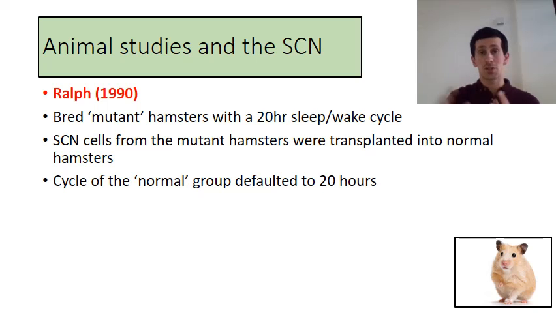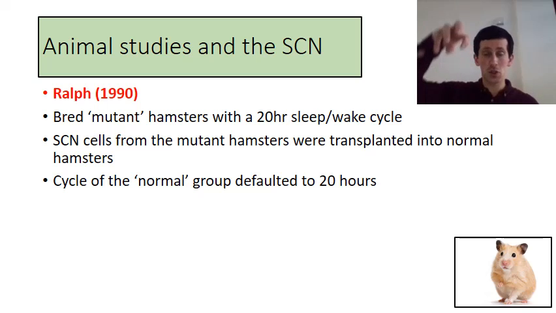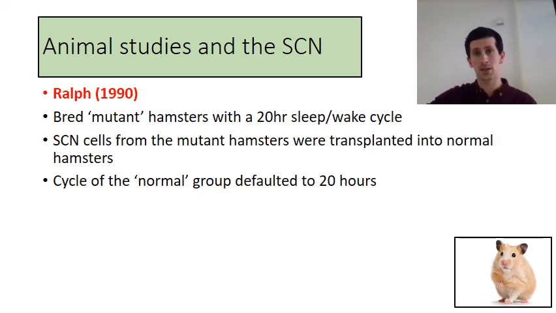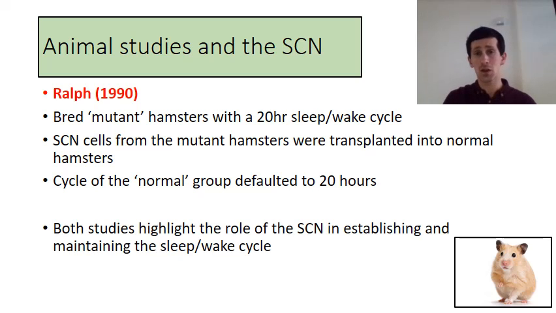And what he found was that the cycle of the normal hamsters defaulted to 20 hours. So when we took the brain cells from a mutant hamster who had a 20-hour sleep cycle and put it into a normal hamster, their sleep cycle reduced down to 20 hours. Okay, so both of these animal studies highlight the important role that the SCN plays in